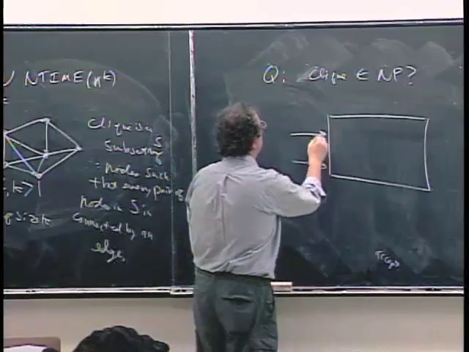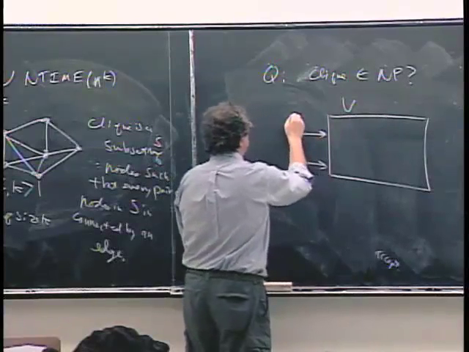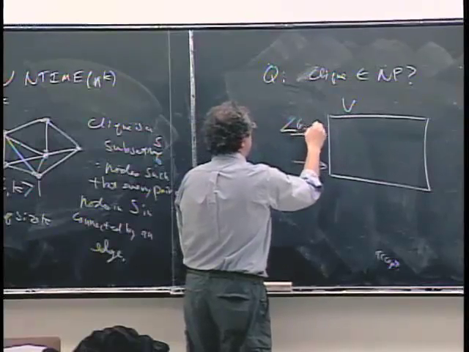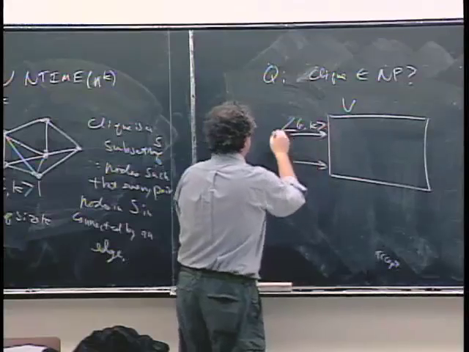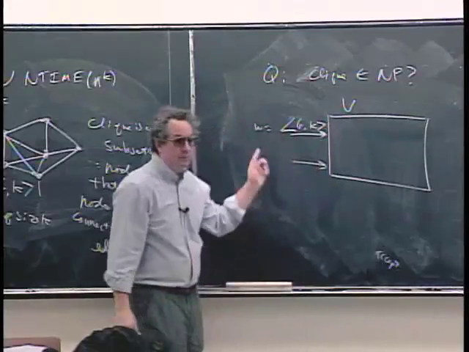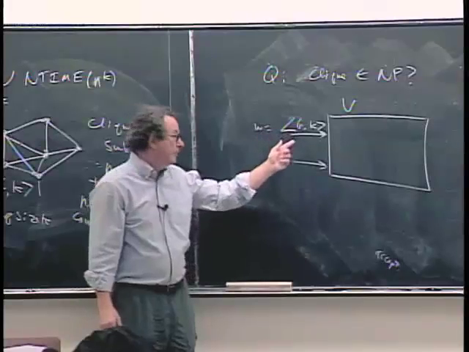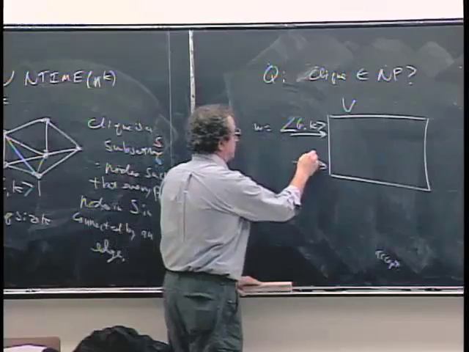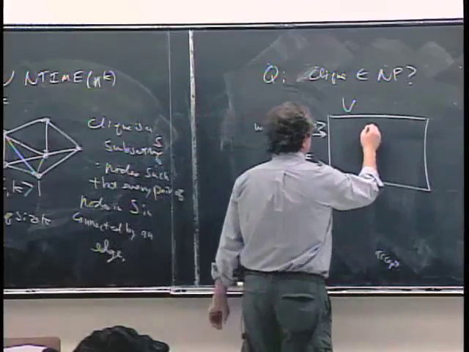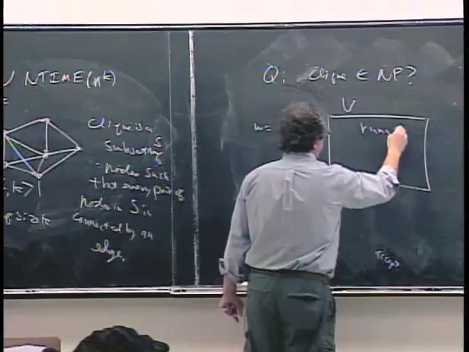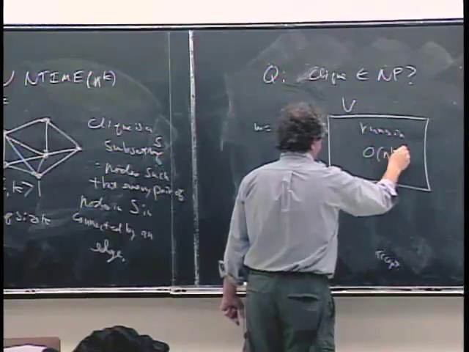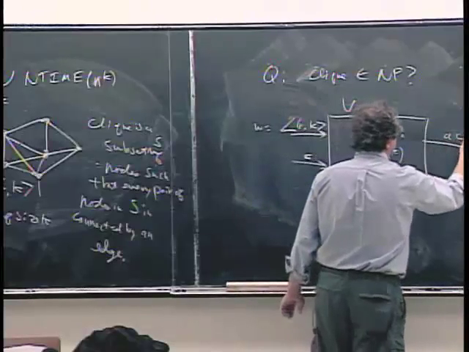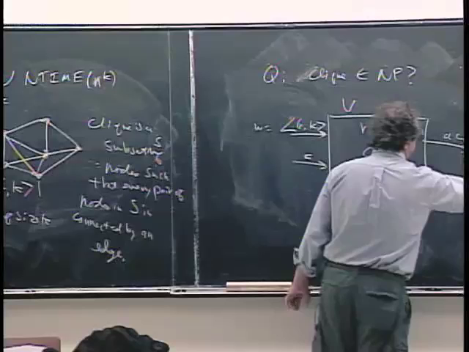So into the verifier comes the input G and K, and that's what the W is, what we've been saying is W, and also some C. And this has to run in polynomial time, order n to the k time, and this accepts its input, which is